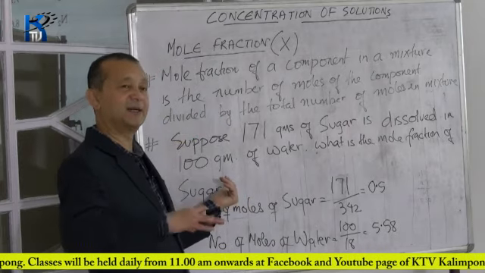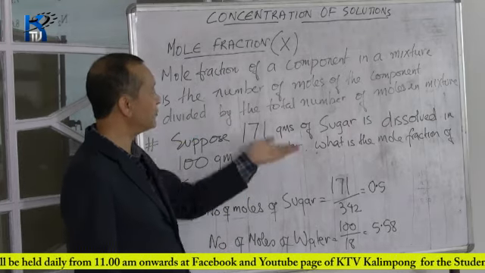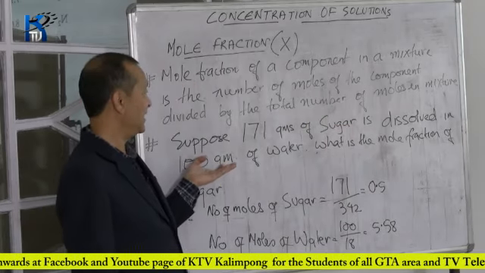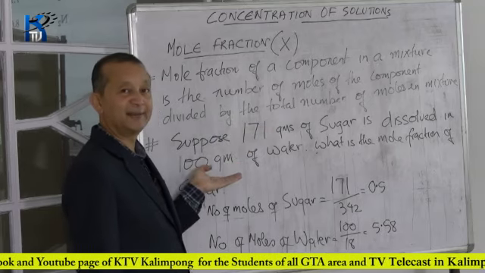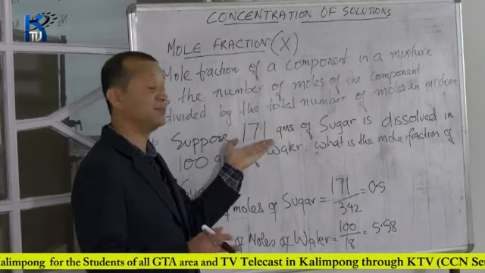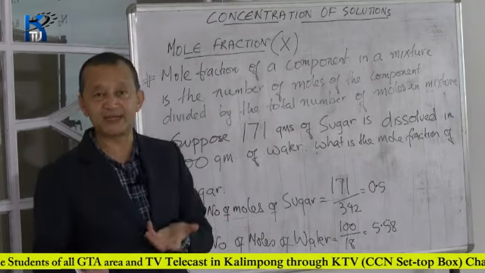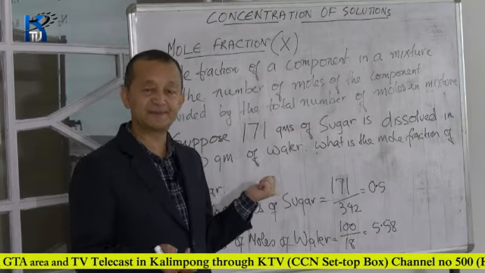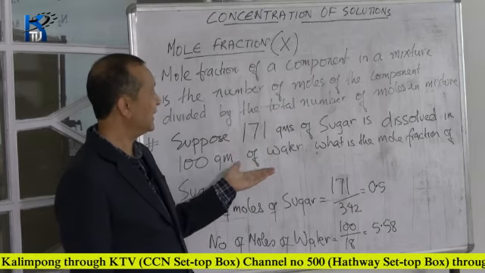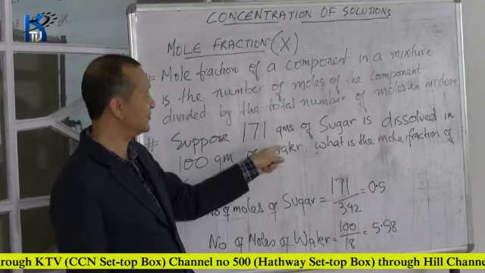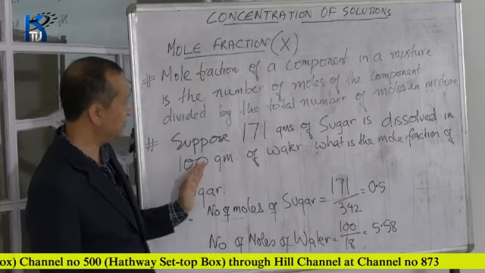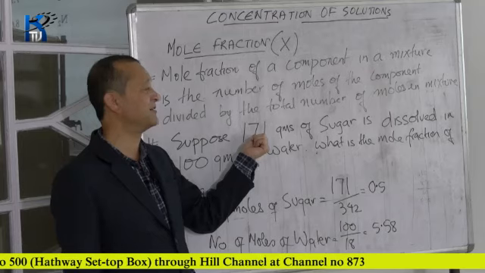In the last lesson, you have seen that when you know the weight of sugar and the weight of water, you can express the concentration of such a mixture in many ways. You can express this in molarity, molality, percent strength, or grams per liter. But today we will try to express the concentration of this solution in mole fraction. Like I told you, what we require to find the mole fraction is the quantity of the component.